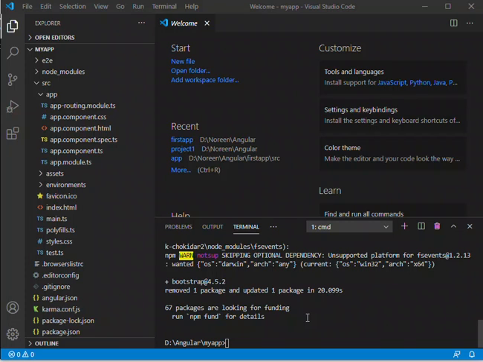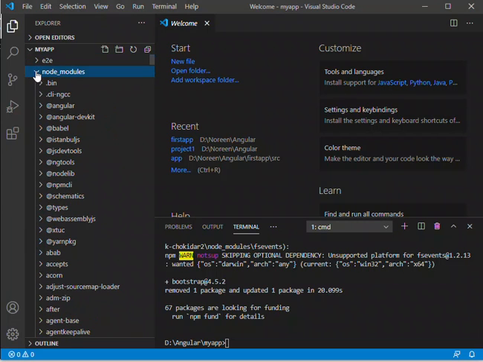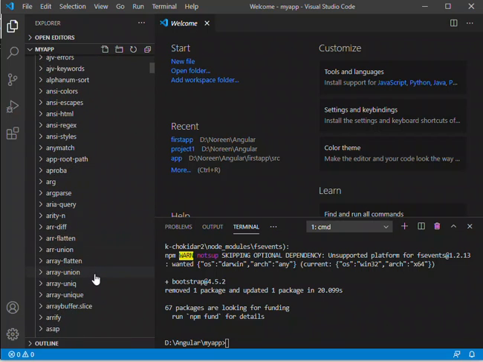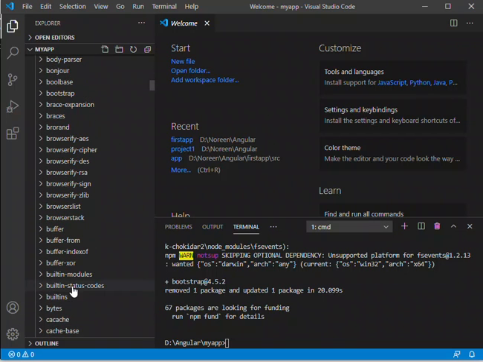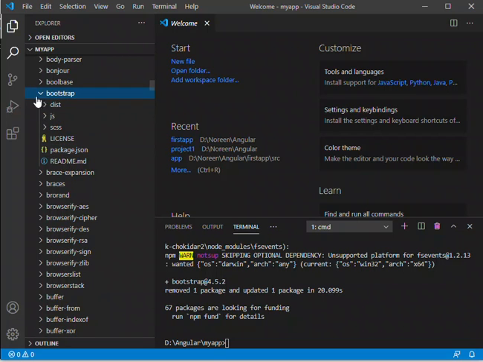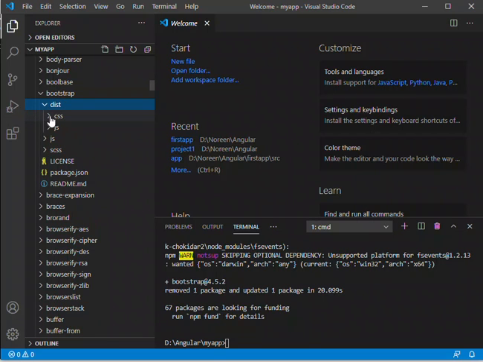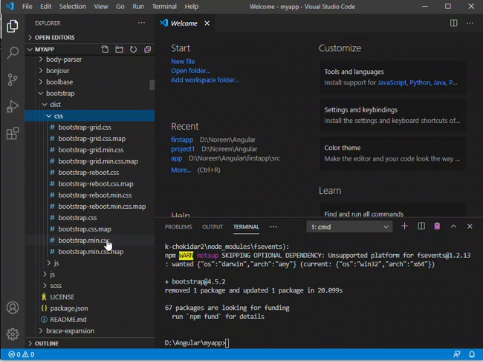Where does it go? Let us look at the folder where Bootstrap goes. It is located in your node_modules. Let's expand that one and look for your bootstrap. There's a lot of files in here. Bootstrap, where are you? There. Expand it, and then in the distribution folder, dist, and then css. So take note: node_modules, bootstrap, dist, css, and there you can find your bootstrap.min.css.